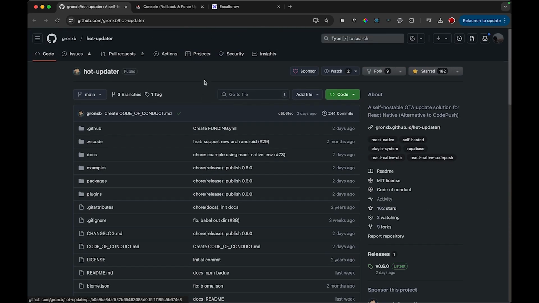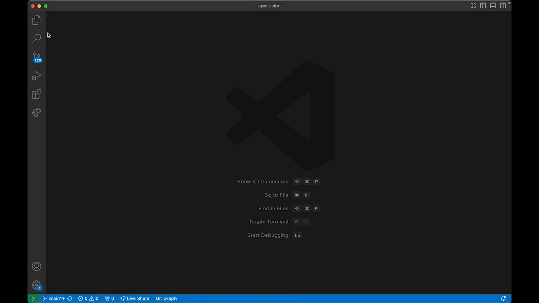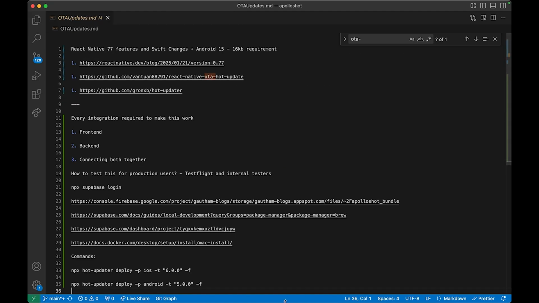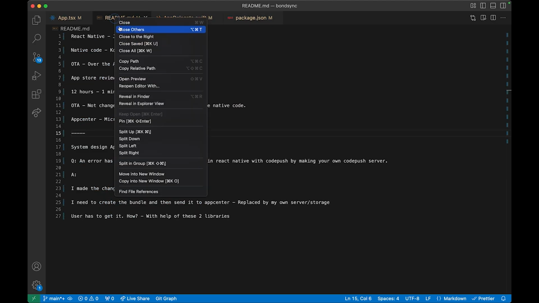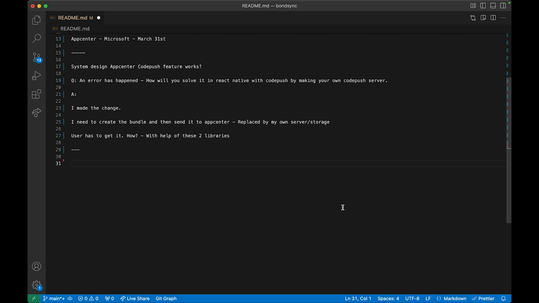Now, what is this and why do we need to do this? So I'm going to go back and reiterate my concepts. I'm going to go to the readme and remove all these things. Okay. So in the previous video, I discussed the same thing, where I discussed everything about the JS bundle, native code, etc. But I'm going to do it once more. Okay. So on March 31st,